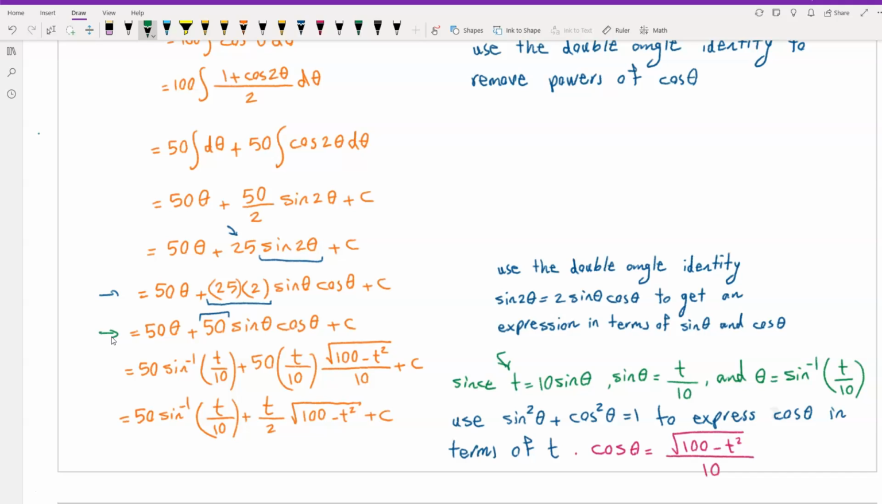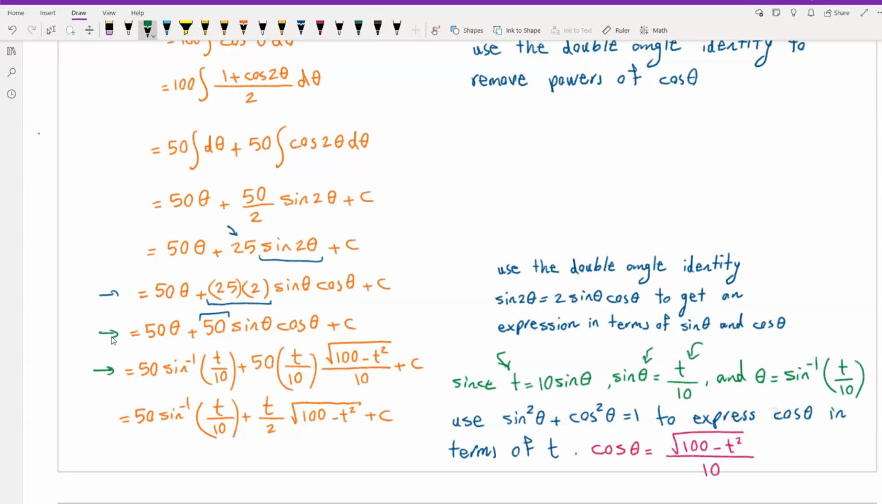Using what we have here, we had t equal to 10 sine theta. I use that one to find theta. So sine theta is equal to t over 10. Based on this, theta is equal to inverse sine of t over 10. So use that here on this part. Instead of theta, we have inverse sine t over 10 plus 50 times sine theta,